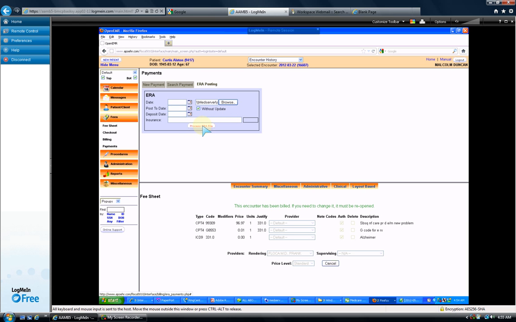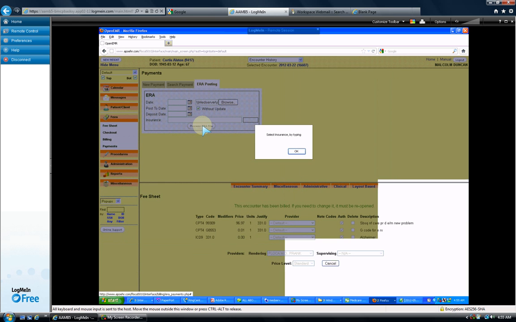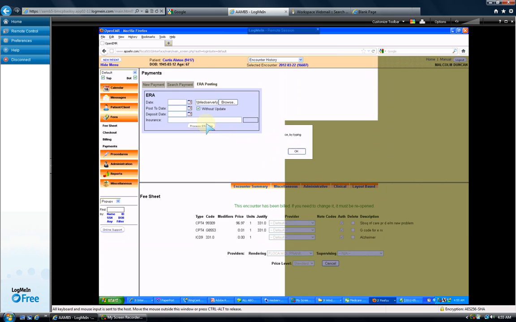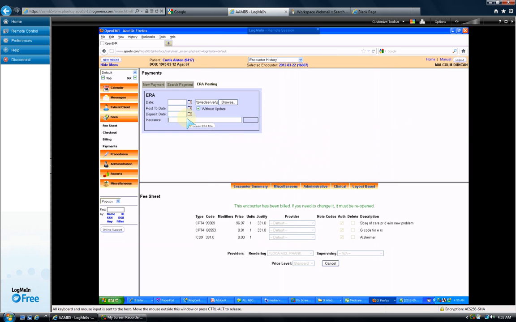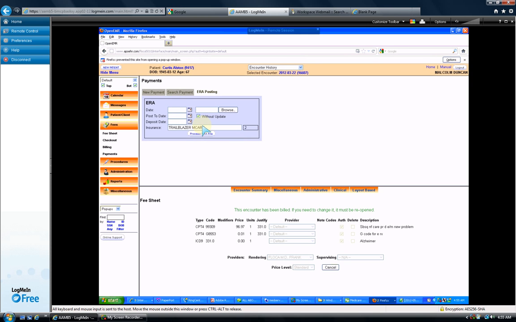Okay, now I'm going to go ahead and click on Process ERA File, and when I do, I first need to select what insurance that the check is for. And so I am selecting Trailblazer, as that is the check that I would be posting. I'm going to click Process ERA File, and when I do, it is going to bring up another window